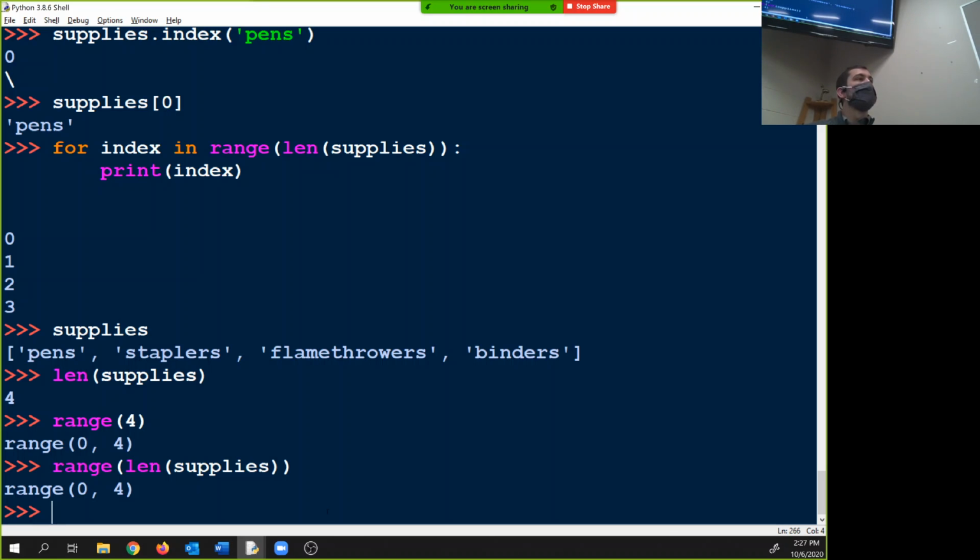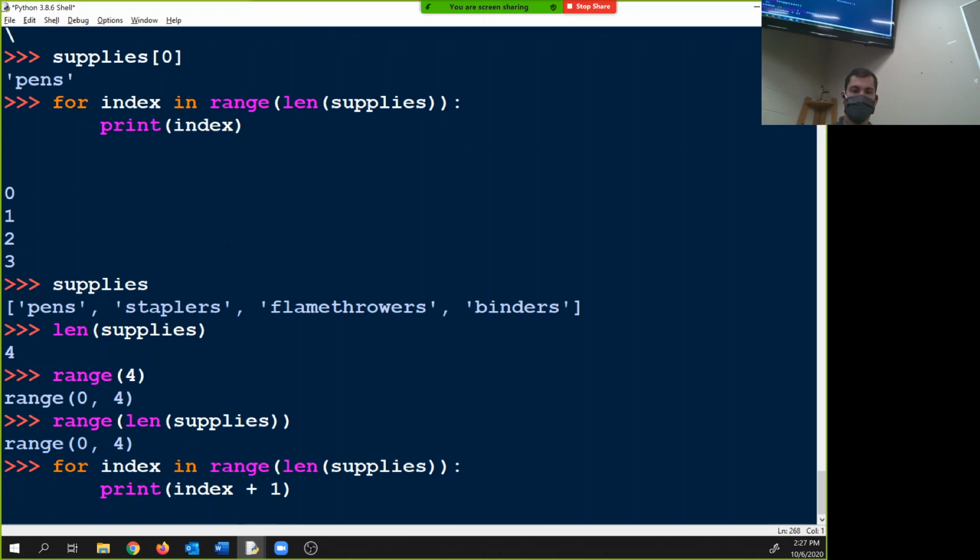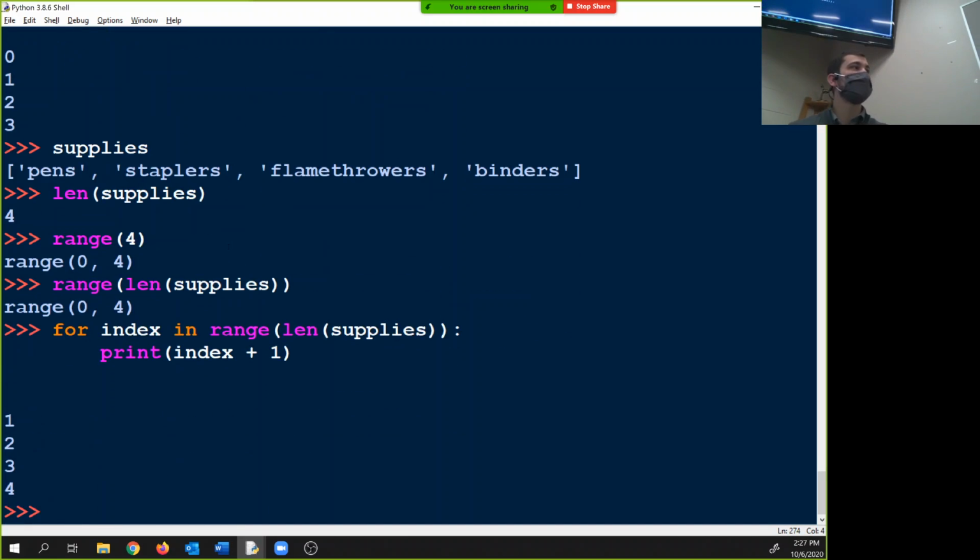What if you did print index plus 1? Would that work? What's the 4th index of supplies? There is no index of 4 because how many items are in here? 4. So this here is index 0, index 1, index 2, index 3. So you can't do this if you want to use index with this. So real quick, you would do for x in, or for index,